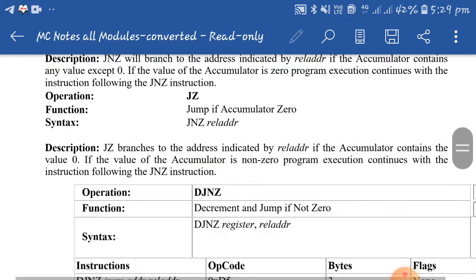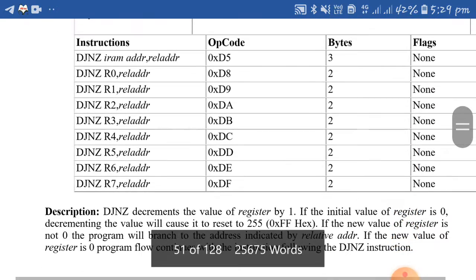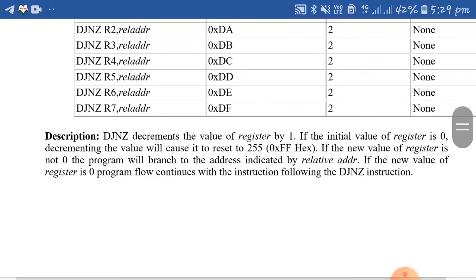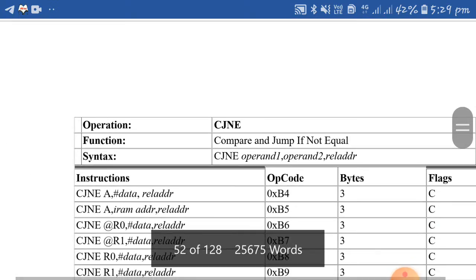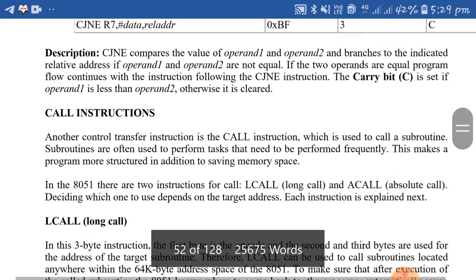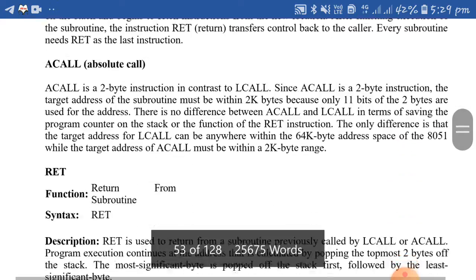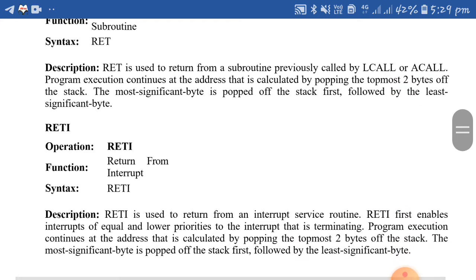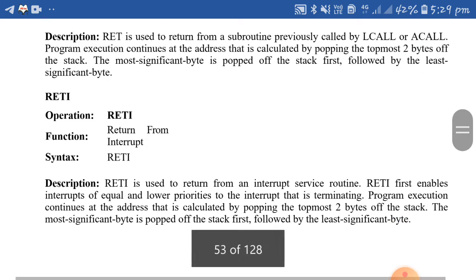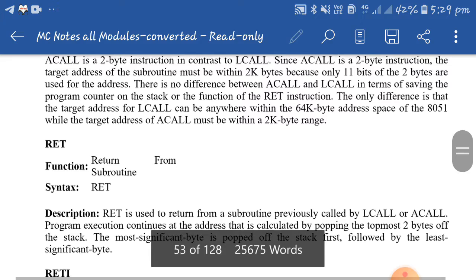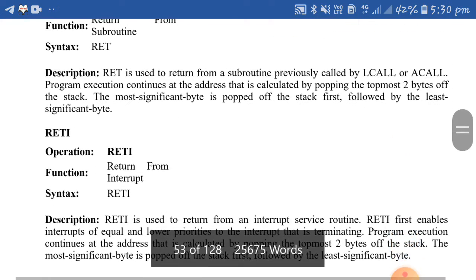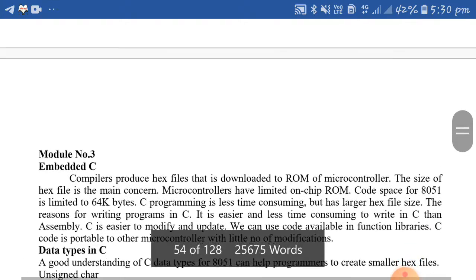Next, conditional jump instructions: I have again listed all of them, DJNZ, CJNE, and finally call instructions, long call and absolute call, and return instructions, RET and RETI, return from interrupt. These 2 instructions are very important. We will go through RET and RETI.